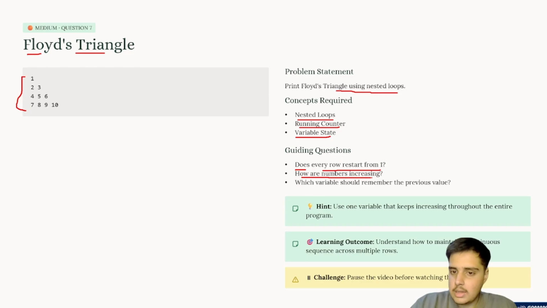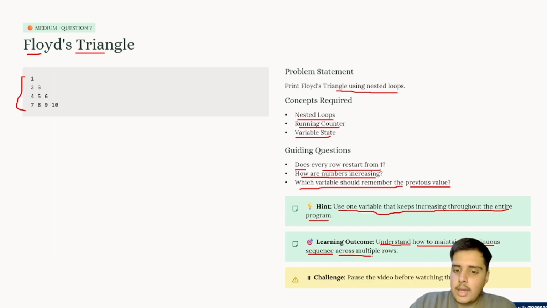How are numbers increasing? Which variable should remember the previous value? Hint: use one variable that keeps increasing throughout the entire program. Learning outcome: understand how to maintain a continuous sequence across multiple rows.